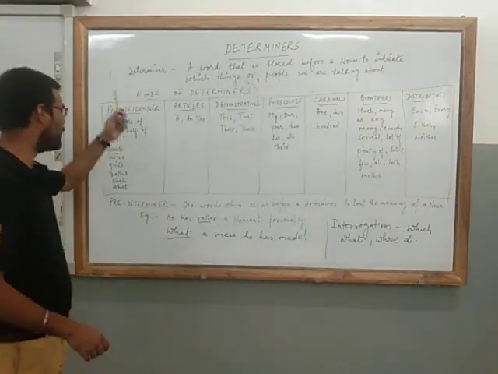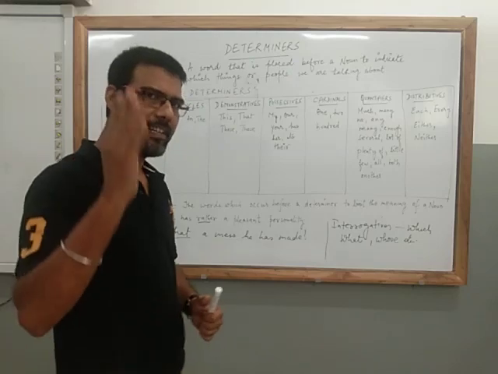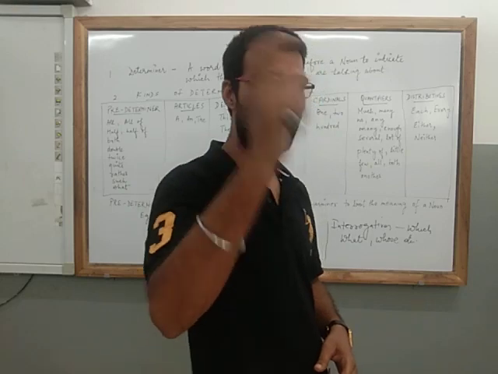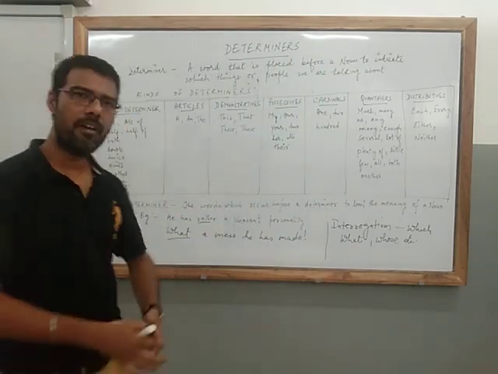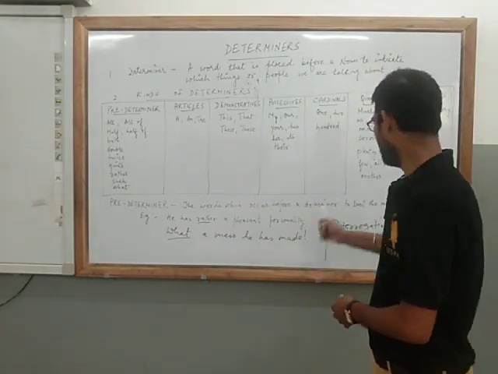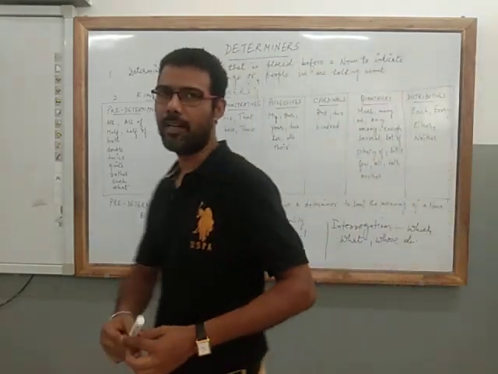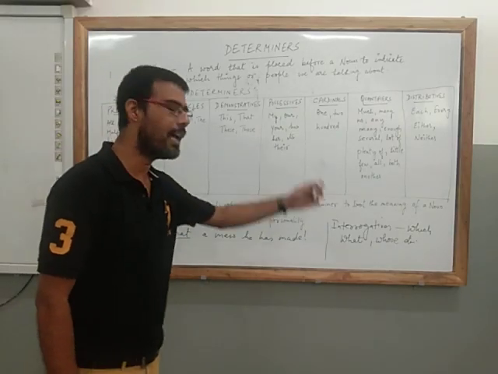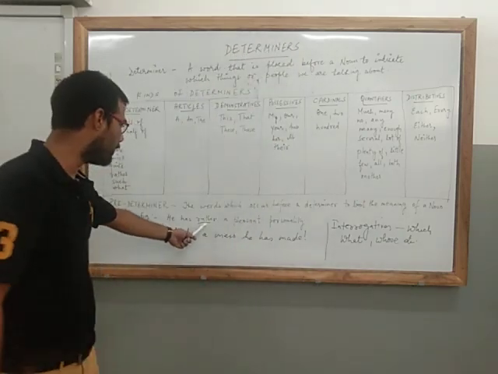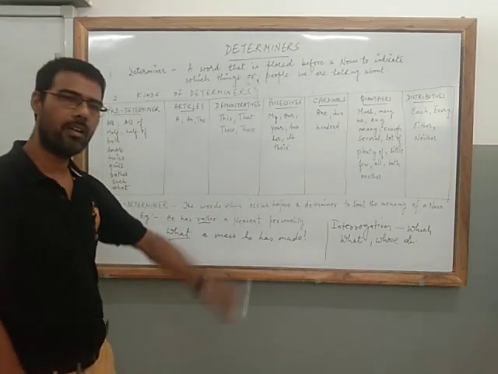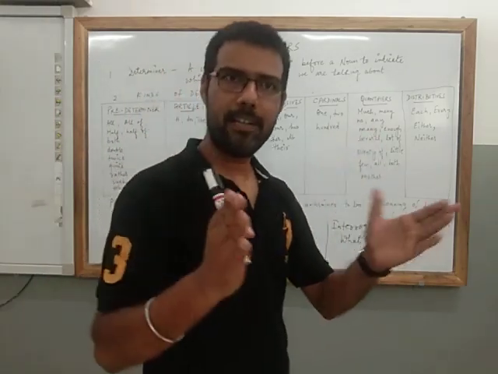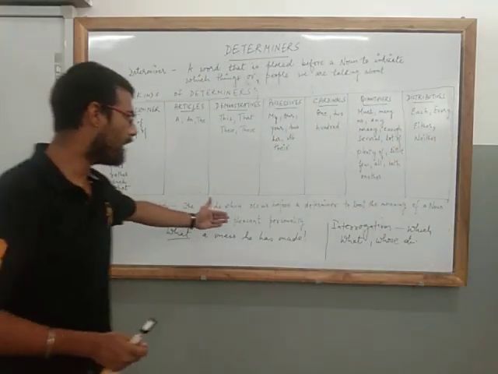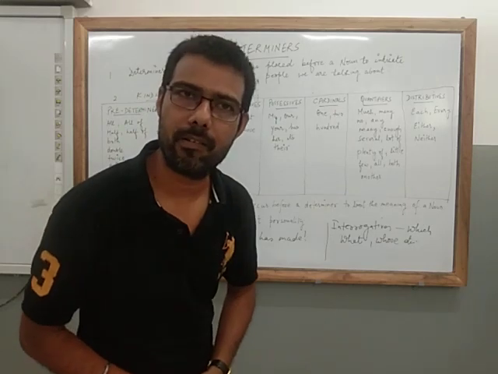The very first, predeterminer. Now what is the predeterminer? So far I told you that it is a word placed before a noun. A predeterminer is a word which occurs before a determiner to limit the meaning of a noun. As you can see in the example, he has rather a pleasant personality. Now children, you can see the word rather. It is followed by a determiner. So a predeterminer in simple terms is a word that is placed before a determiner.